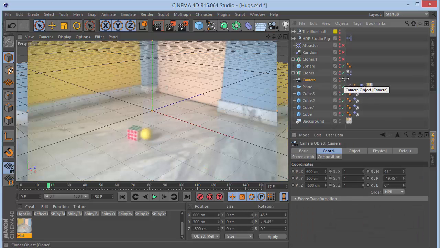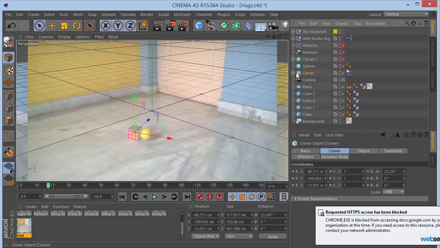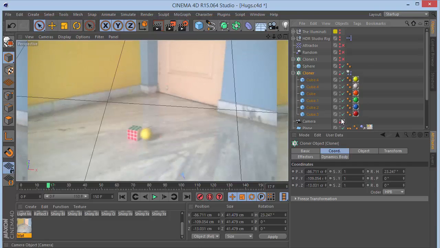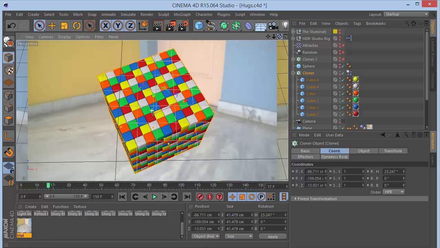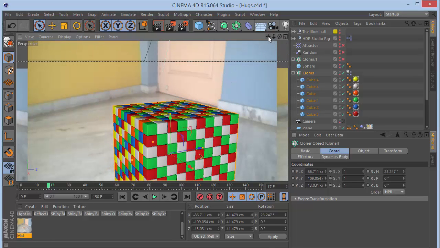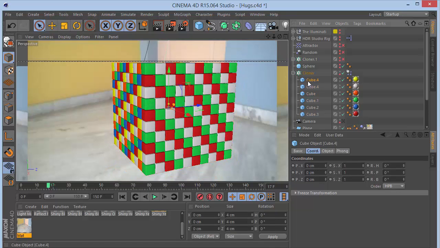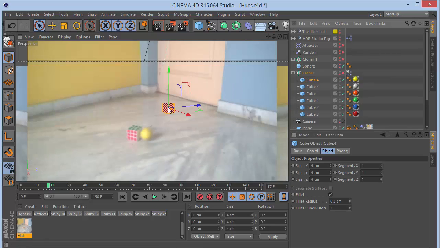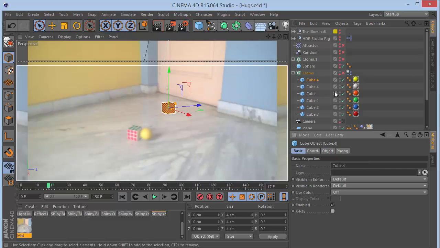Okay, so then we want to go and let's make our camera visible, and we don't make our cubes visible. And then we want to go into the cloner over here, and let me just show you what we have. So let me just get away from the camera so we can have a cube. So here is the model of the cube that I just made. Each cube has a size of 4 and a fillet radius of 0.3 with a subdivision of 3, and it will again depend on what kind of object we have, how big the object is, how many clones you want. So let me just uncheck the cloner. So here is what I have, a single cube. Let me just turn off X-ray for that. So here is a single cube,